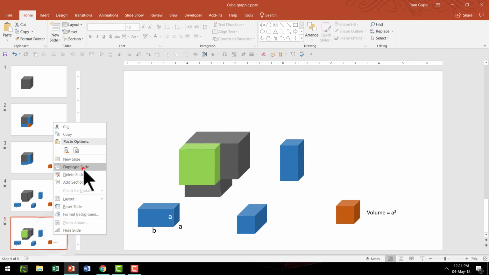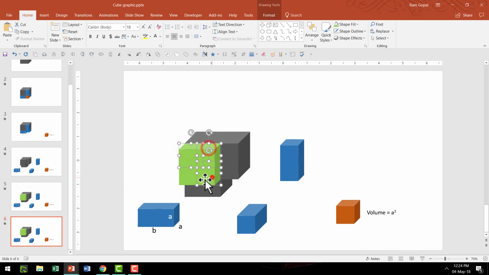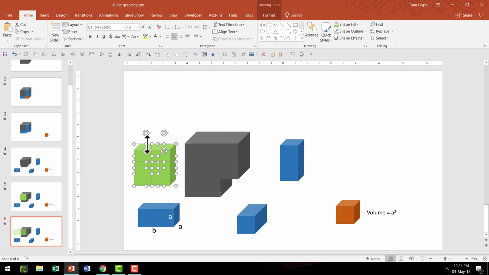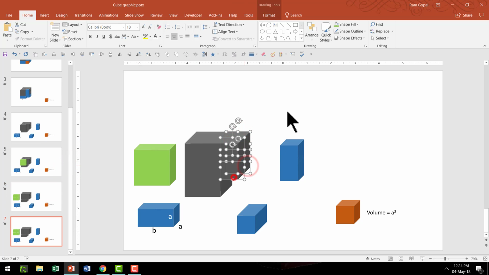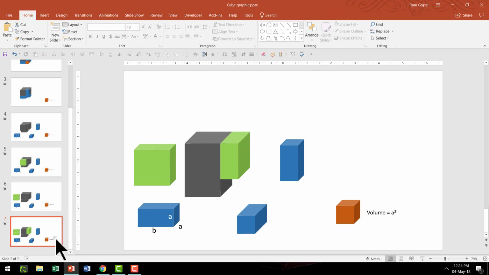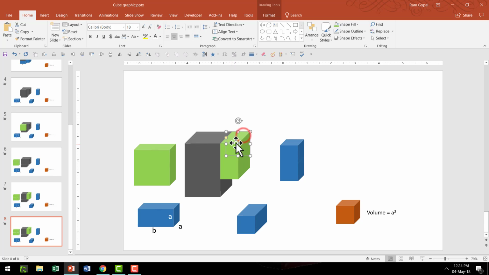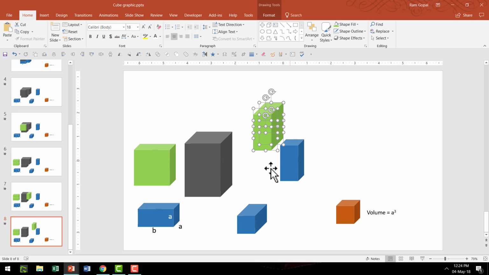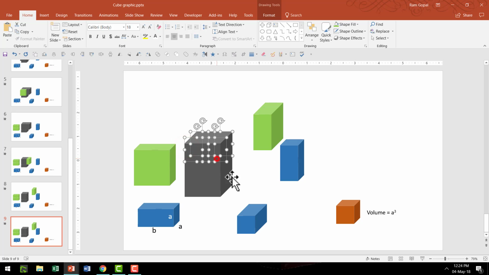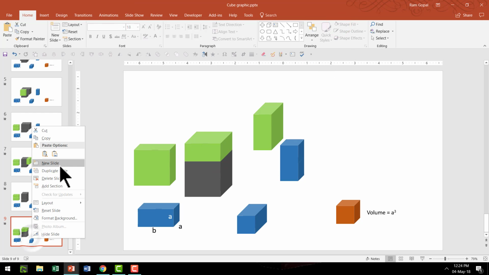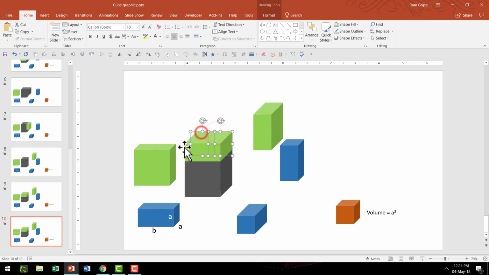I'm going to right click, duplicate slide, and this time I'm going to have them move out like this with the corresponding labels. I'm going to duplicate this once again, and let us mark these pieces with the same green color, and I'm going to duplicate this slide and move these pieces out like this, of course with all the labels. And I'm going to duplicate this, and have these pieces marked with the same green color. I'm going to duplicate this, and I'm going to have all these pieces move out like this,